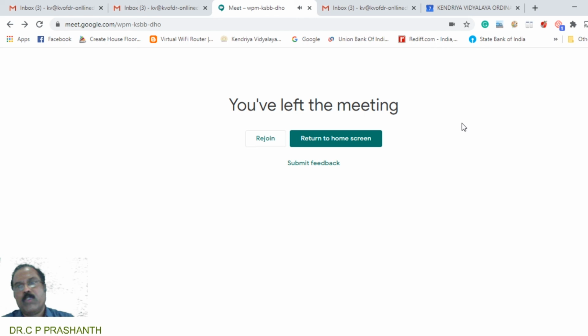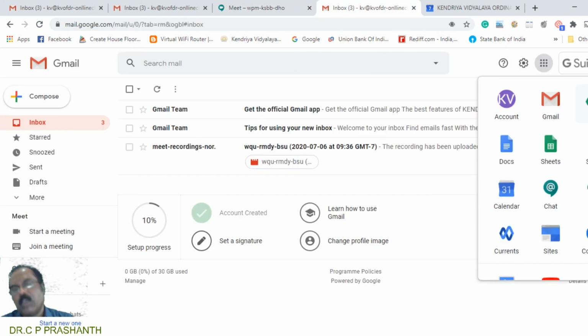This is how you go to the drive. I know most of you are aware of all this. I am explaining this for the benefit of the people who are not aware of it. So I'll try to explain how we can make a shareable link from here and share it with all the children. Can you see the drive in this mail? So this is how you go to the drive. Go to these 9 dots and go to drive.